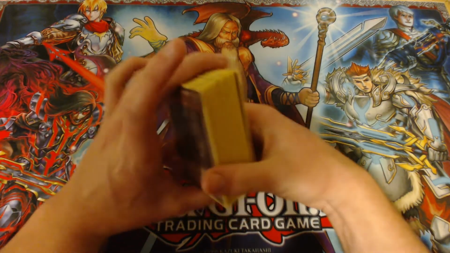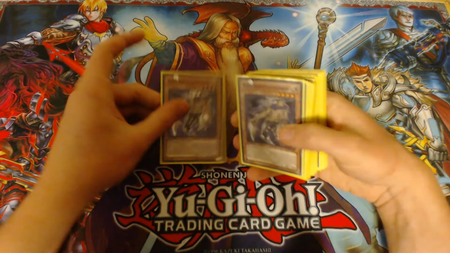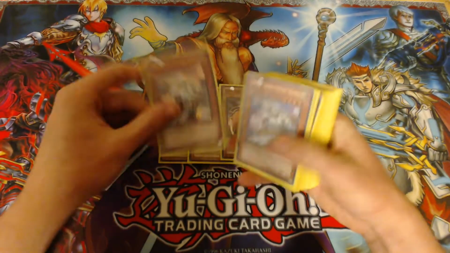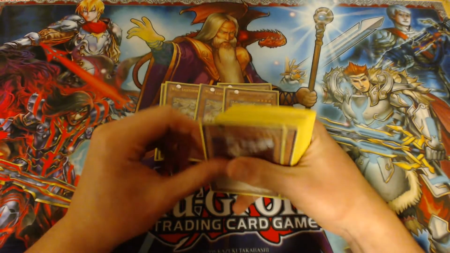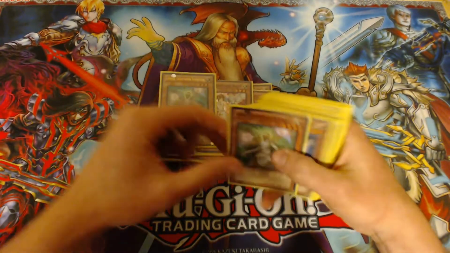DungeonRunnerTank here. Got a Lightsworn deck profile for you. So, to get things started, we run 3 Raiden, 3 Wolf, 2 Minerva, 2 Lumina,